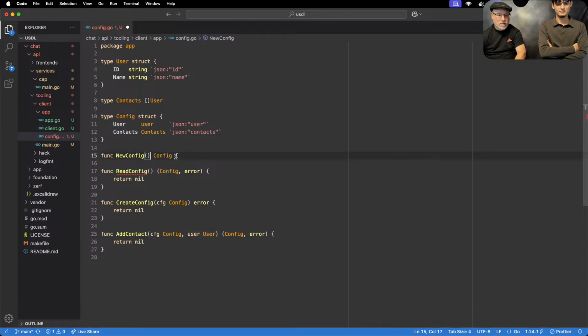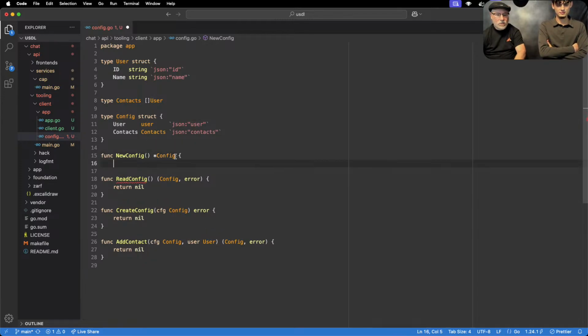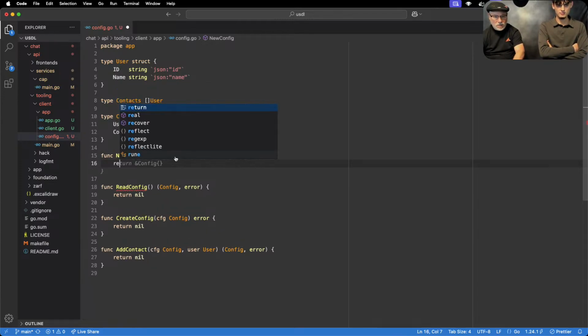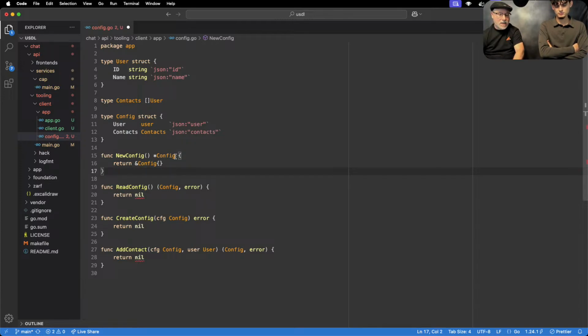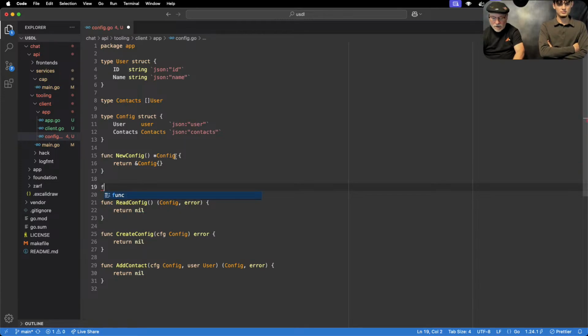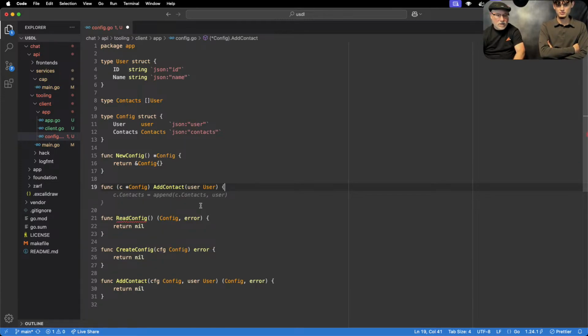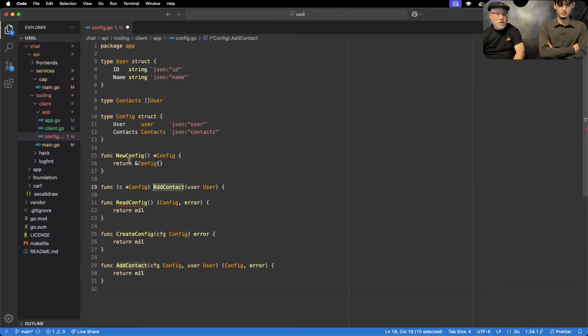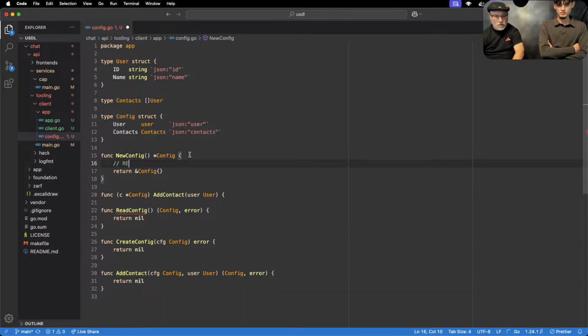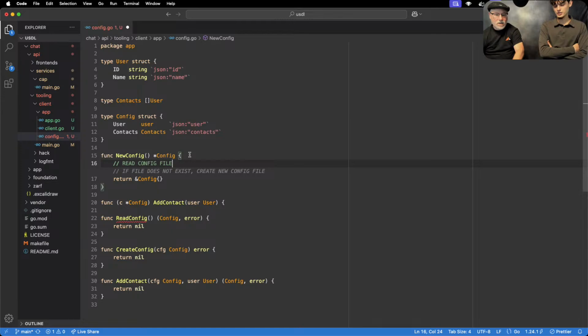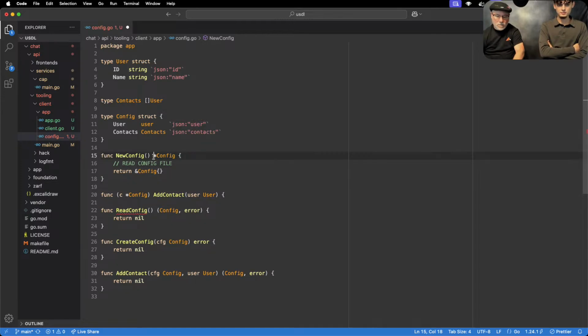A new config, returning a pointer, which essentially returns an empty config at that point. But just because people are used to the new, if we're going to have an API around it, we would do something like that. Then what would happen is you would have a method using pointer semantics, right? Something like that. Now, a new config could also do the read for us, right? Read config file, which would mean now that,